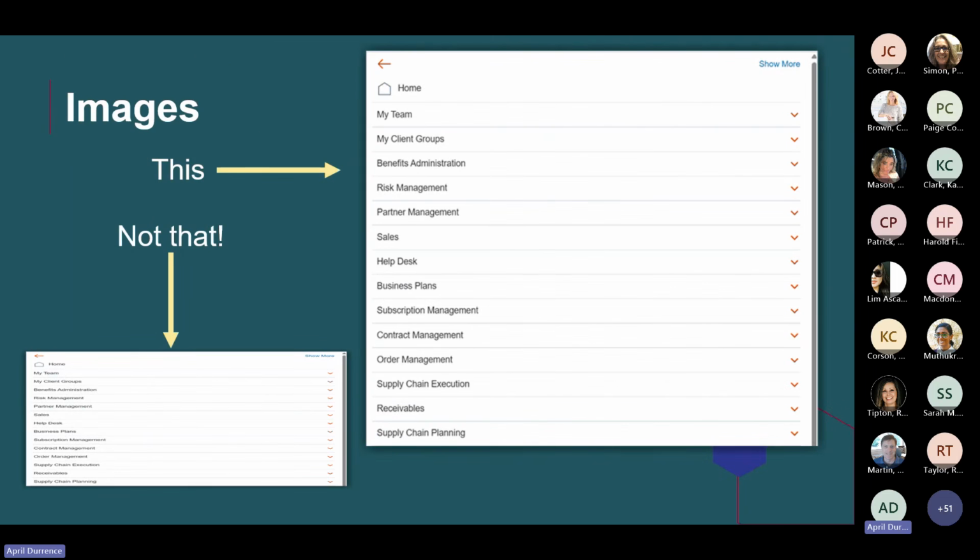When we're talking about images, we want this image, not this image. So this bottom image is not in the original aspect ratio, and the text is far too small and distorted to read easily, even if you zoom in. Any relevant text images should be large enough for low vision users to read, should be equivalent to Arial 12-point font or larger. And for screen reader users, must be replicated in some combination of alt text, text on screen, audio narration, transcript, or some combination.